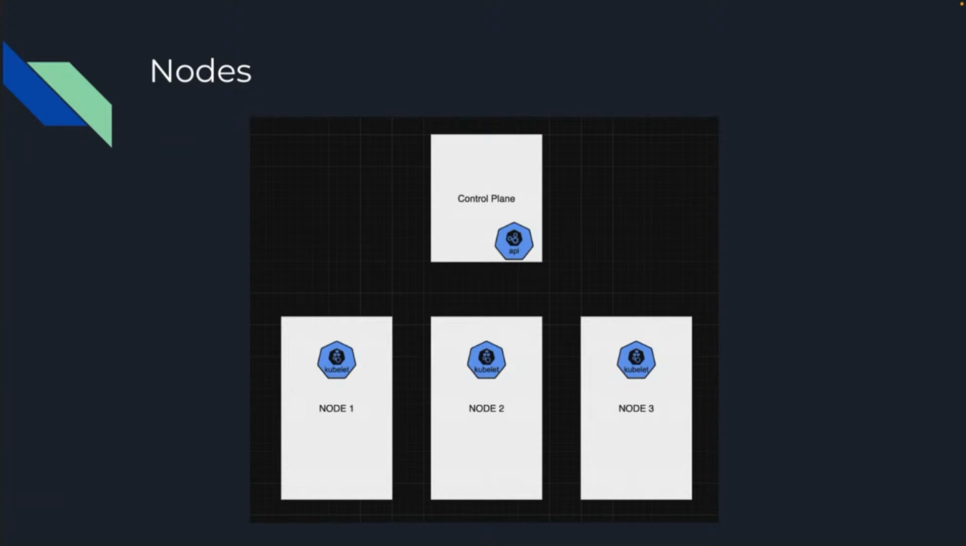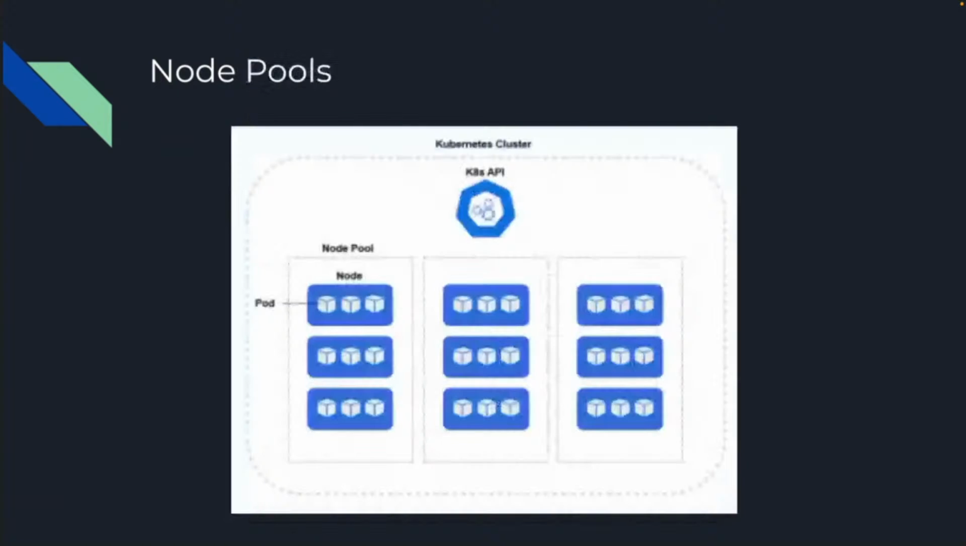And in these nodes, we have a process named kubelet. This kubelet is the one that manages this physical or virtual machine itself for Kubernetes. And also we have node pools, so you can group these nodes and say, hey, this is my Linux pool, this is my North America pool, this is my NVIDIA GPU pool, and then you